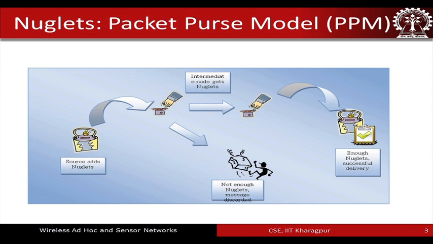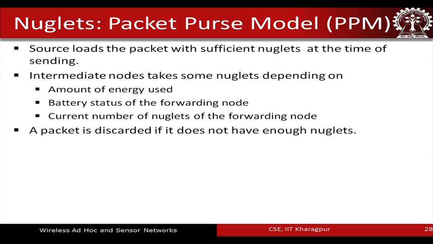So, coming up with a model to determine how many nuggets each of these intermediate nodes are going to keep, and whether they are going to abide by that particular protocol that is set, is also another challenge in adopting this kind of model. So, this is the PPM model, and let us now look at some of the other